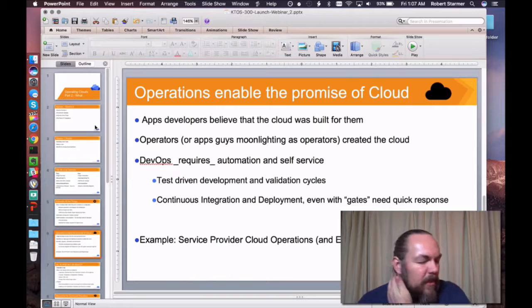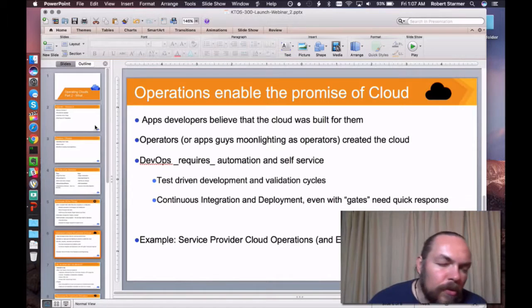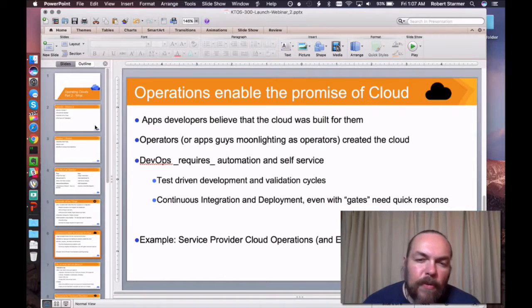The application developers, especially the old school sort of first generation DevOps folks, were thinking about this from the soup to nuts model. Let me operate my environment from bare metal all the way through to my application. The problem is that when your application's small, you can probably do that.